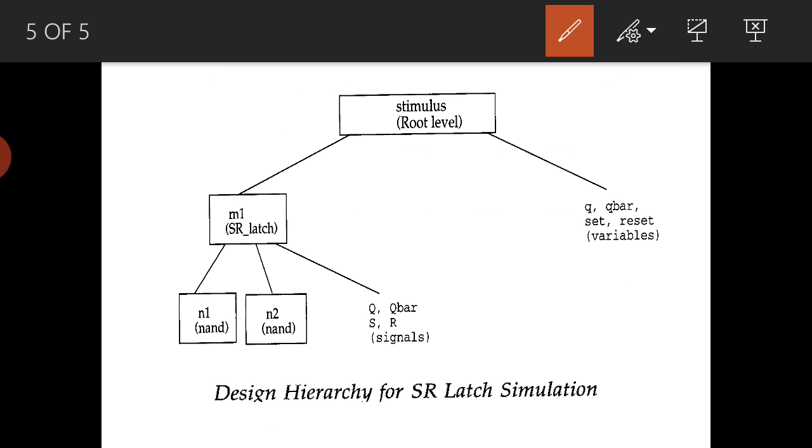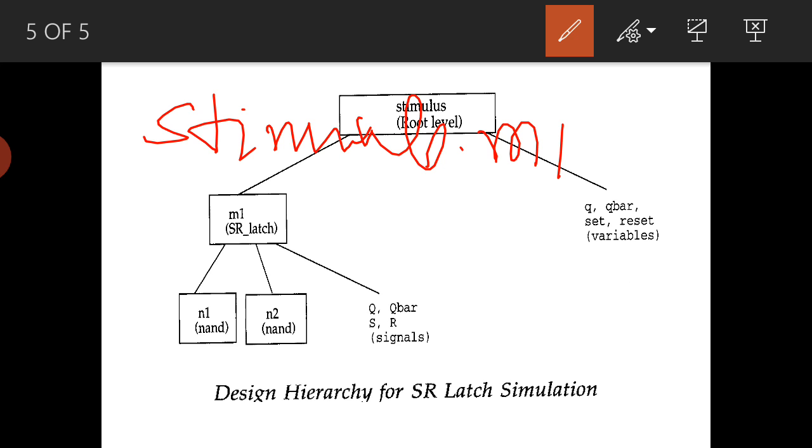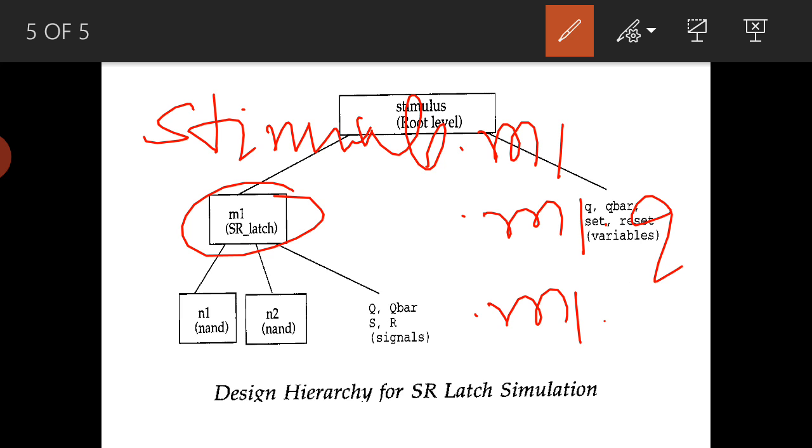After these signals again it will show stimulus dot m1, meaning in the stimulus we have the m1 component. In that again m1 dot q, m1 dot q bar, m1 dot s and m1 dot r. This is how the hierarchy will come from the top.